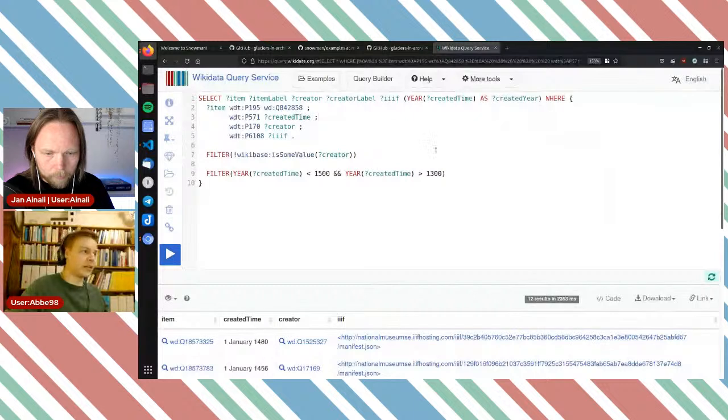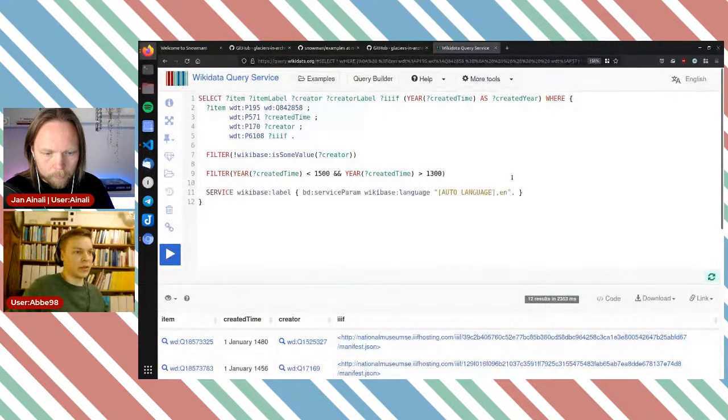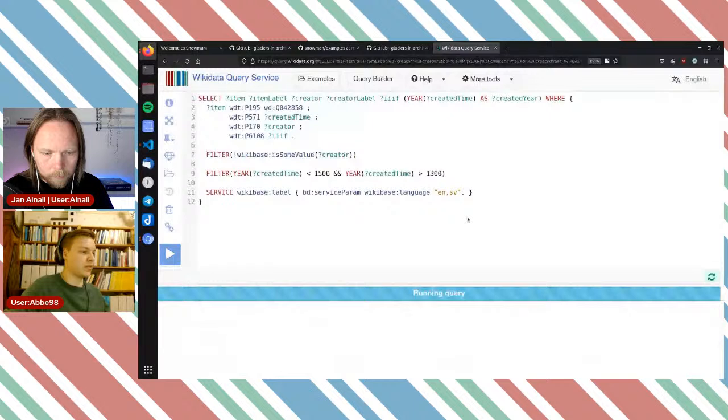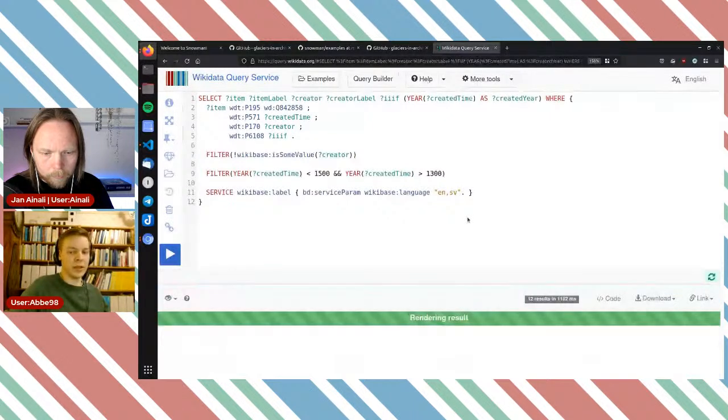No, I actually need the label source. And to ensure I got everything, here we want English and then fall back to Swedish. I think that makes most sense today. Let's run it. It looks solid. So this is what we're gonna make a web page from to begin with.